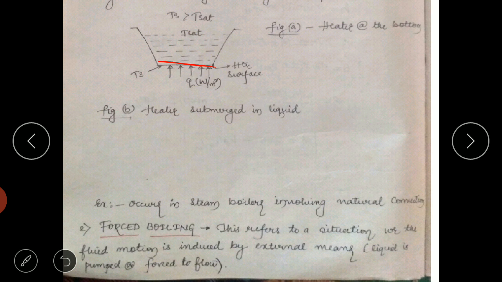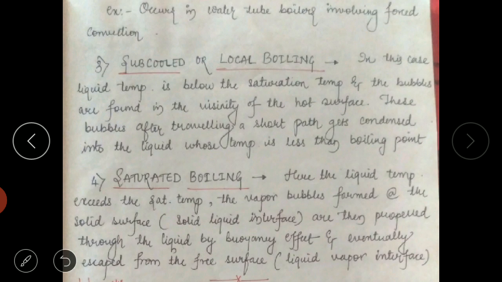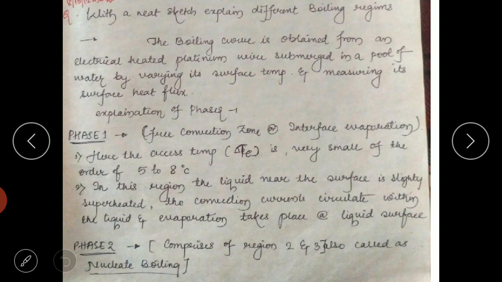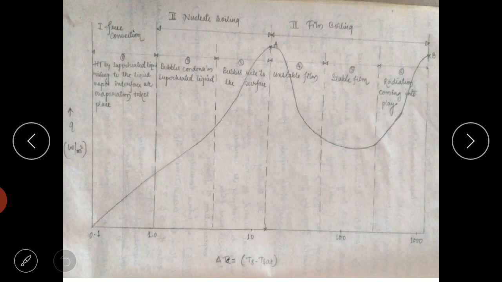As its temperature increases, it becomes light, meaning its density decreases. So it tries to move up to the top layer, and the next layer, which is comparatively dense, comes down. Like this, a free convection current is set up. So for the first zone, with respect to that temperature range, we call it the free convection zone. Okay, so that you can see in the graph.